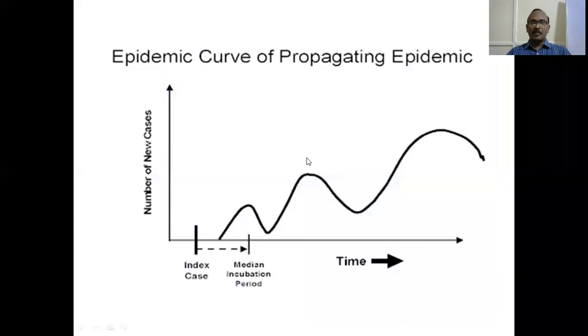Now, the epidemic curve of a propagated epidemic has a number of curves, what we call secondary curves, with the passage of time. We find the number of cases keeps on increasing with the contact of infected people with fresh people, who can be immigrants, susceptible people, or people who are newly born. So they get infected, and this keeps on increasing like this. So there are a lot of secondary curves in this epidemic curve.